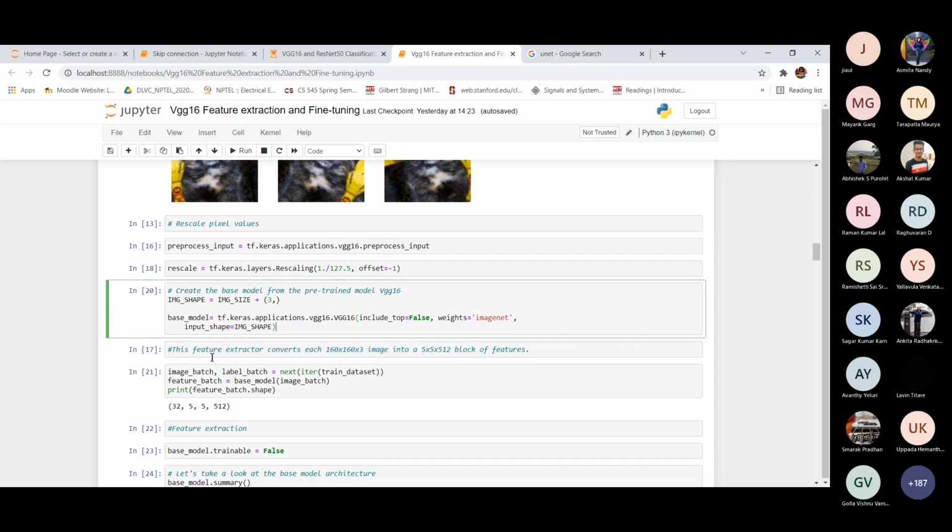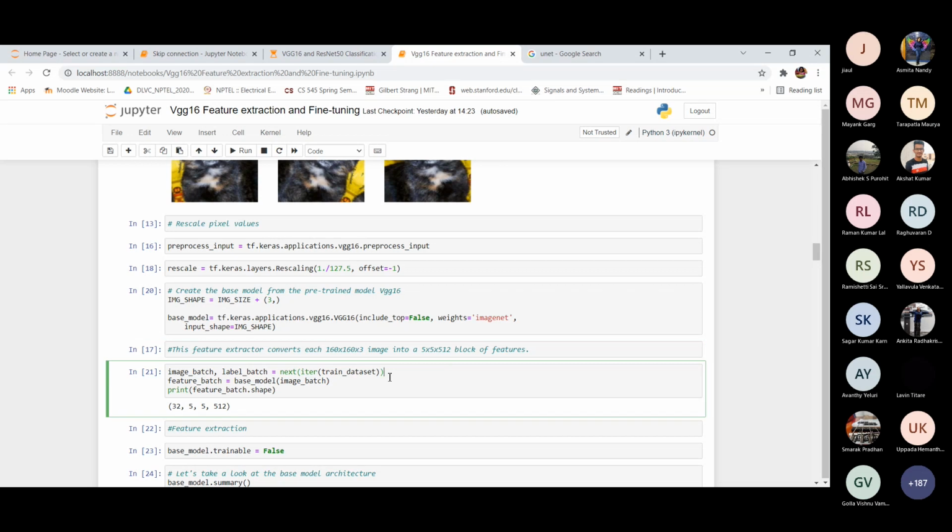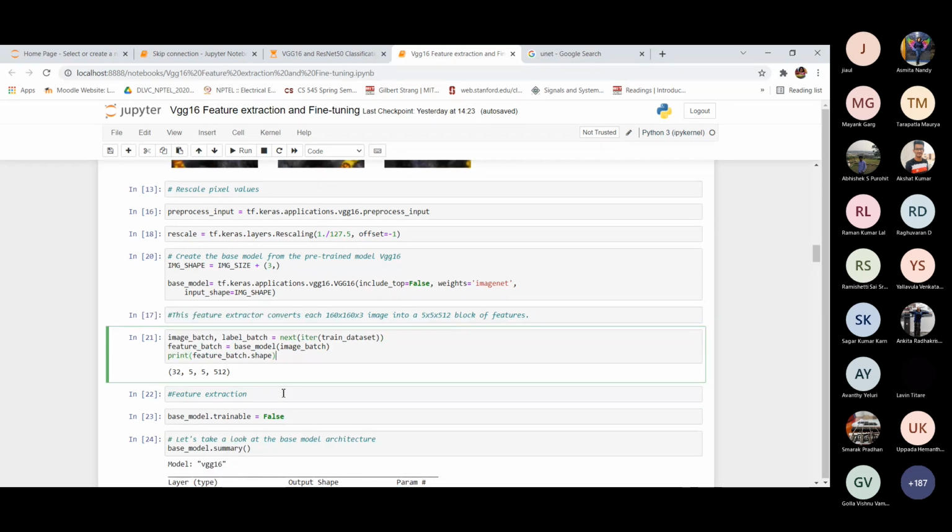After that we will extract the features. Images are 160 by 160 by 3, where 3 is the channels, and it will convert them to 5 by 5 by 512 blocks of features, and 32 is our batch size. So these are the features we will get.